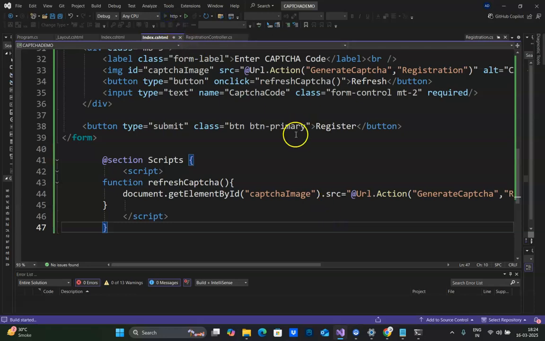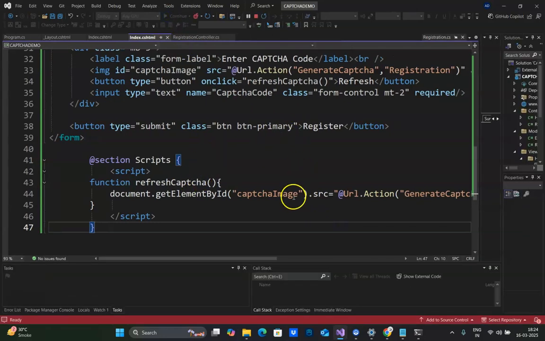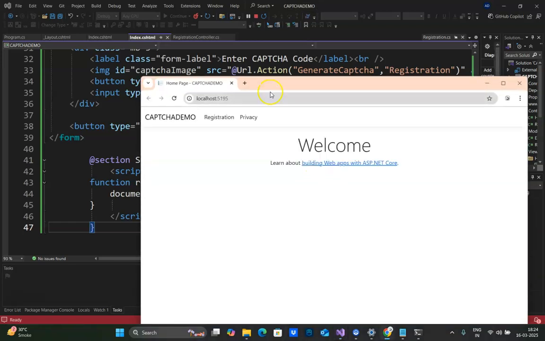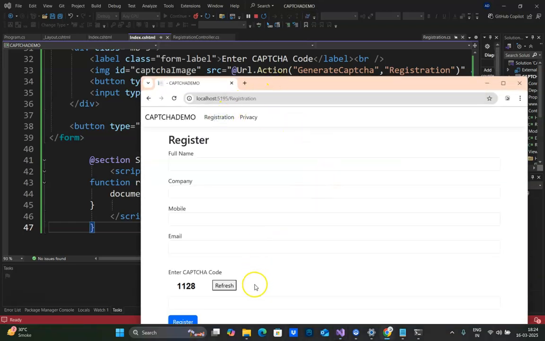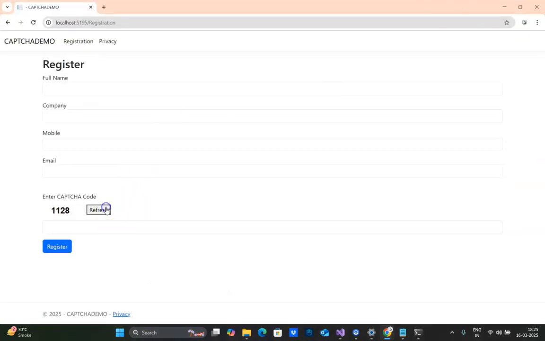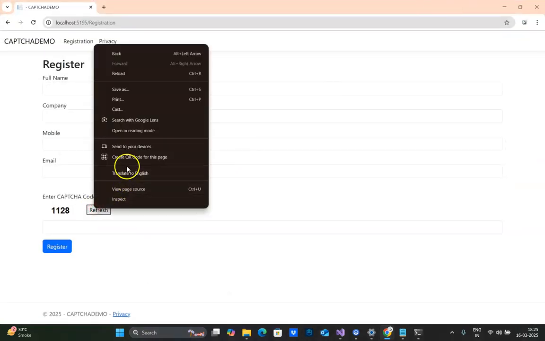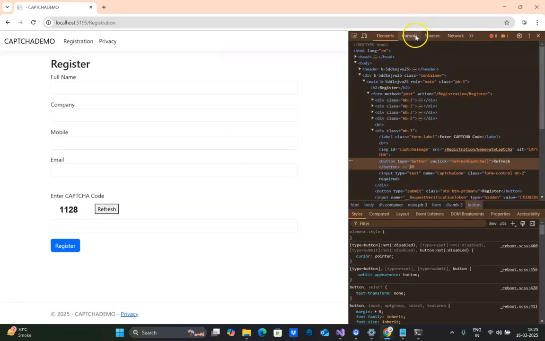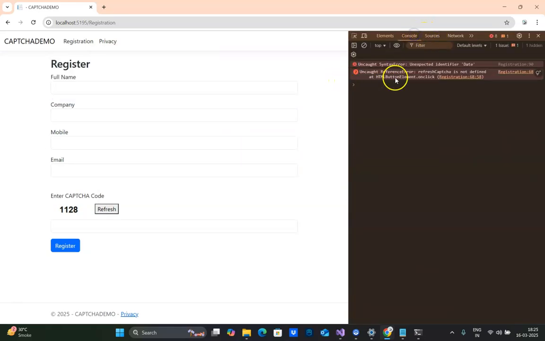Let us now refresh it and click on the refresh button, and we should be able to see new numbers the moment we click. Okay, so now there's an issue. Let me find out. Let's inspect this console. So the reference is not defined. Refresh CAPTCHA. Okay,